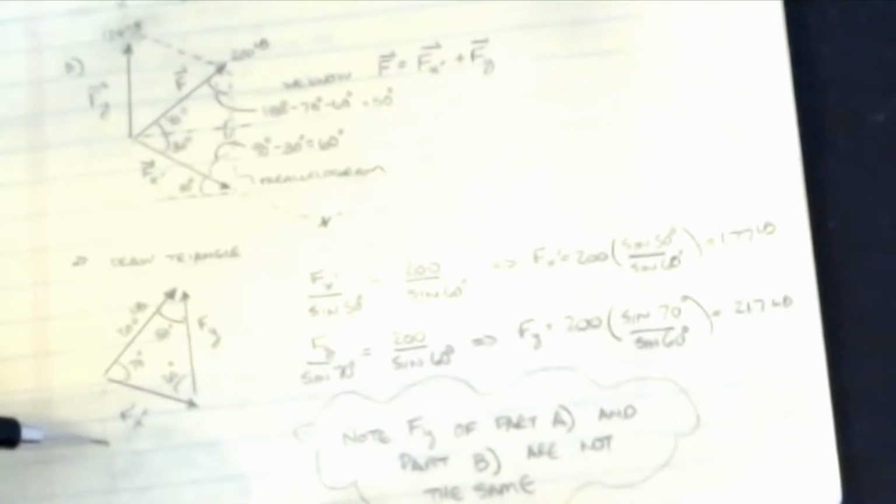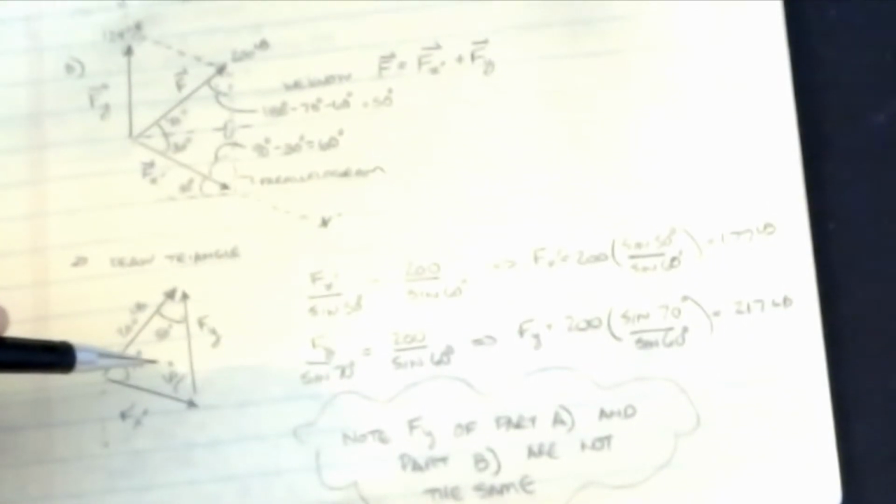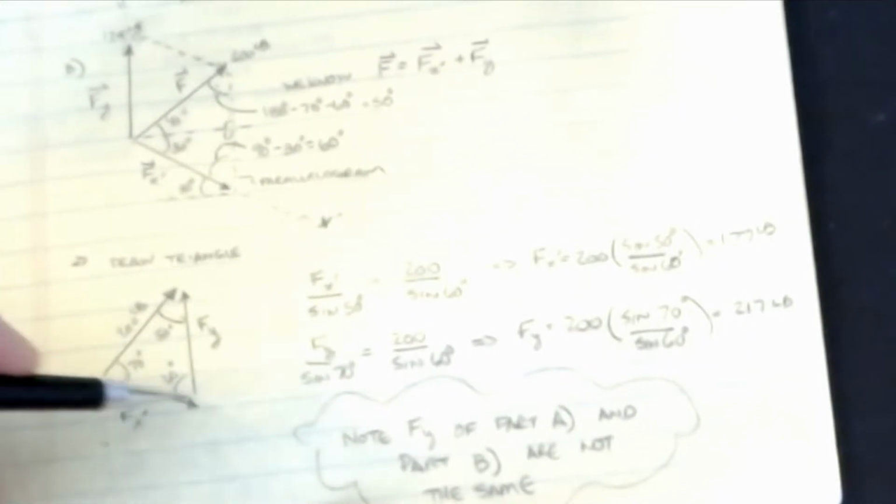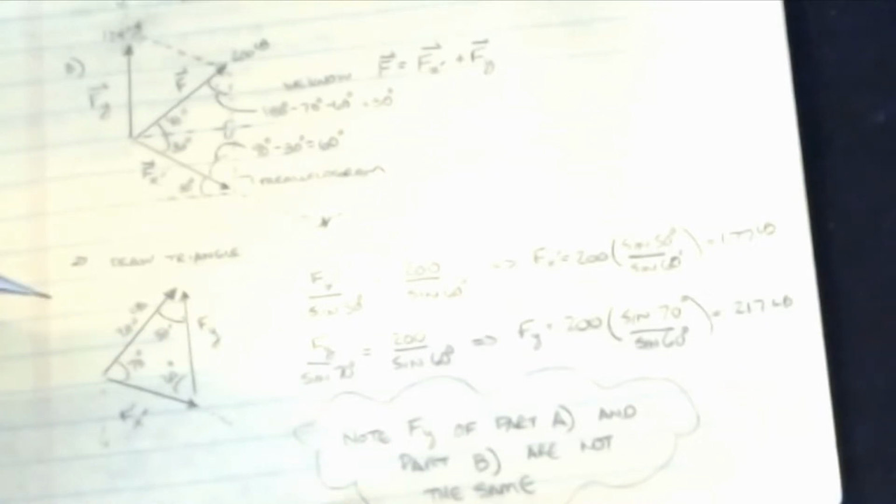That this guy has a piece of him that's also acting downward, that's fighting what's trying to pull him up, but the net effect still has to be constant. Okay, and then the x component of this guy, obviously, is in a different direction than the x prime, because my x prime direction is happening down there. Okay, so it's kind of an interesting way to do it, but remember that if you're asked to find components,